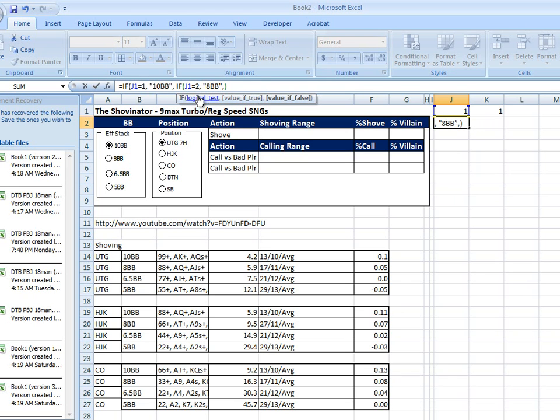All right, so now we've got 2 values in there. And then if J1 equals 3, comma, 6.5 BB, and then comma, if J1 equals 4, comma, 5 BB. So now we've got it basically saying if J1 is equal to 1, then 10 BB, else, the next thing is in this else, it's going to do a whole other IF statement embedded. And it's going to keep embedding IF statements down to 5 BB,